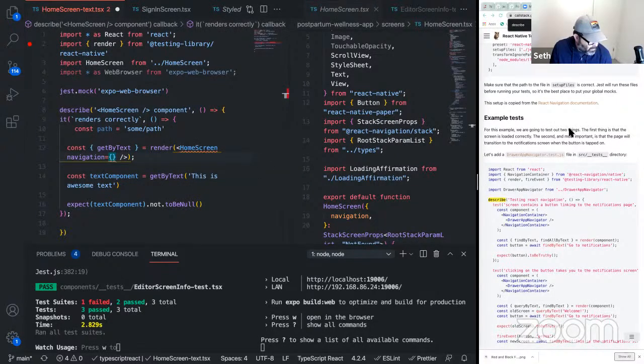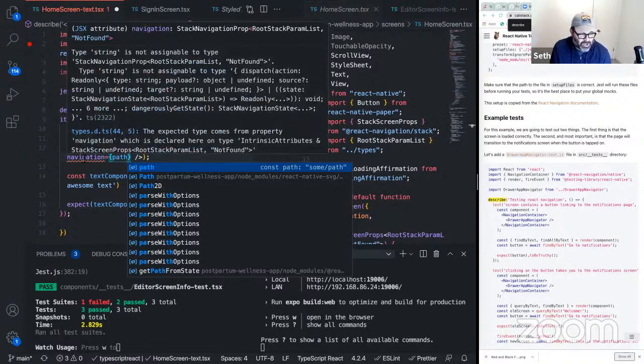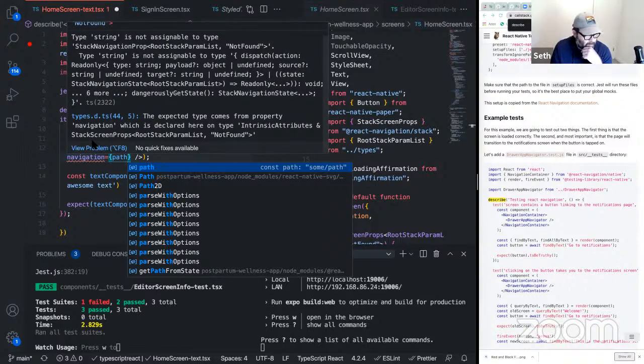Well, in our sense, it would be navigation and it would just be a path. In the one example I'm seeing, they have a prop navigation where they're passing in push, and push is just a function. I'm not saying we do that because we're not running a function, but we are running a URL. So I don't fully understand what navigation is doing, but it could just be the route is what I'm getting at.